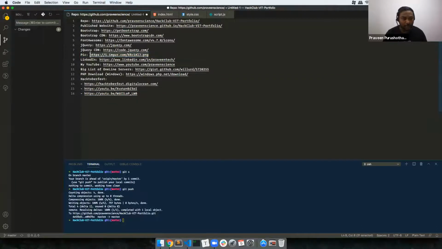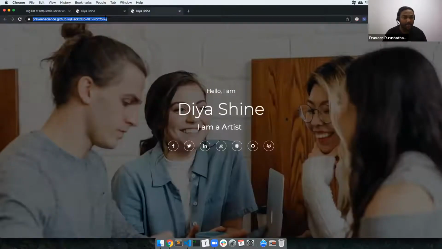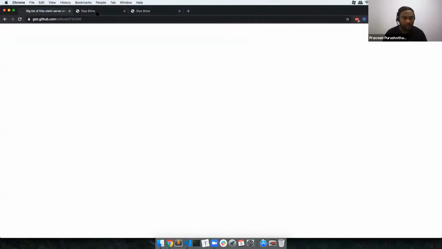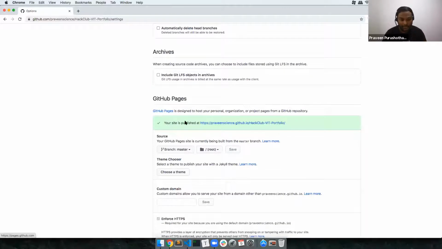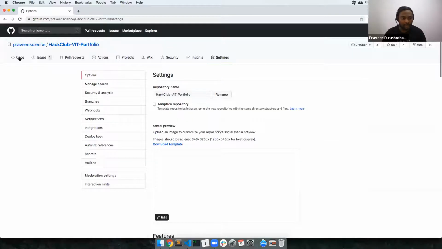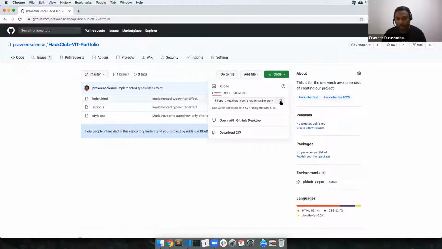What is this pic? I guess this pic needs to be deleted. It's already a deleted pic, I guess. So this is the first way: enabling GitHub Pages. The moment you do this, there should be nothing else on this page. This part is something related to the GitHub configuration. The second way to do it is to get the code, copy this code,